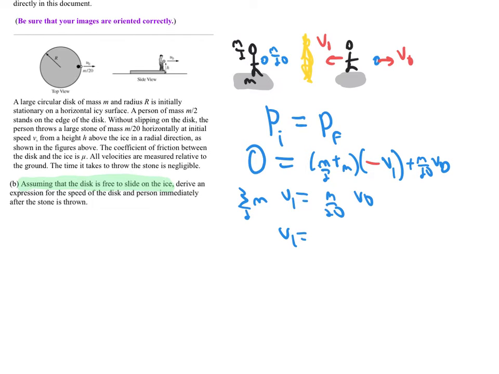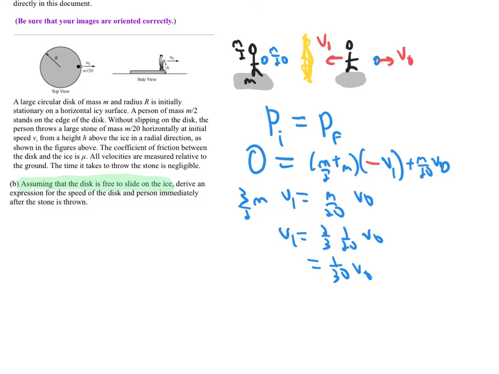So v1 is going to be, cancel the m's, and we have 2/3 of 1/20th, times v0, which is 1/30th of v0. There's a note in the rubric that if you had not included this minus sign here, then it would have shown up here, and they say that that's okay. I think that's a little risky, so if you were to get a negative, you should say, but I need a speed, and at least force it positive, and don't assume that they're going to be generous and do that